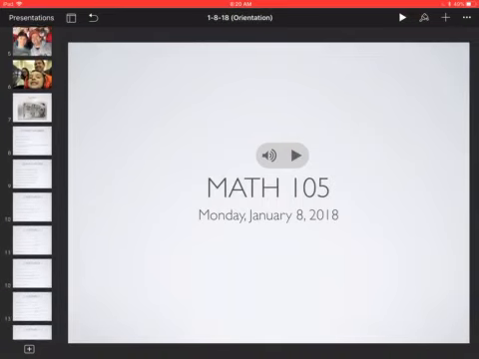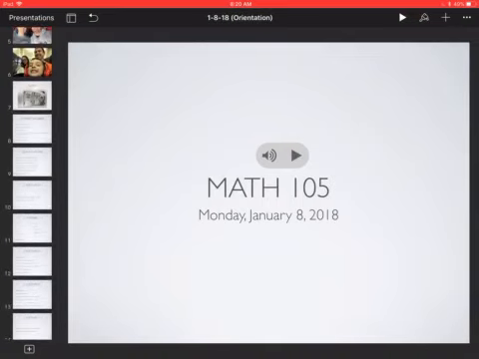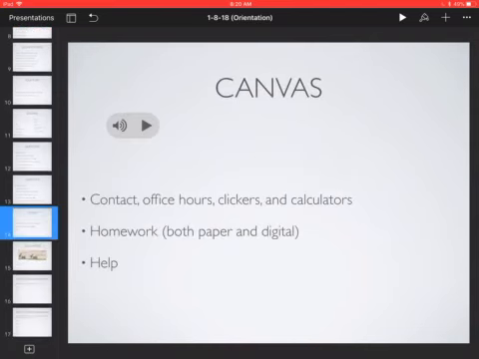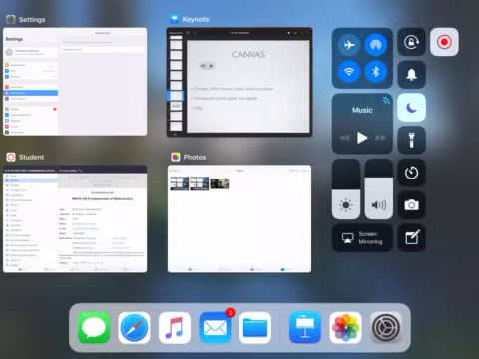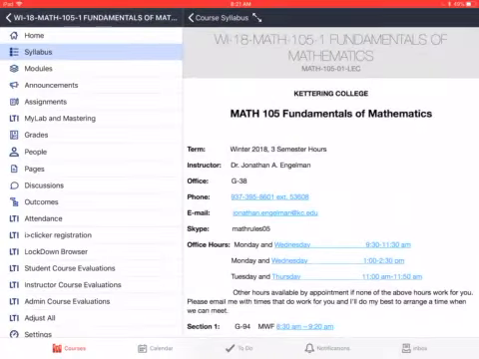So one of the first things I want to talk about is that almost everything we possibly need for our course is found in Canvas, such as how you can email me, when I'm available to get help outside of my teaching schedule, calculators, homework, both on paper and online, how to get help, and all of those things. So in Canvas, if you log in and select our course, the very first page that you will see